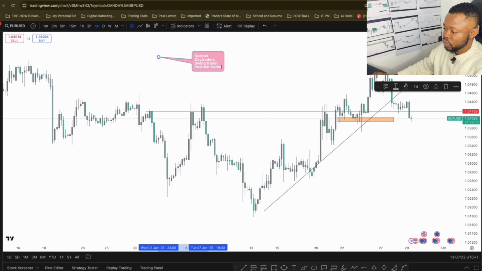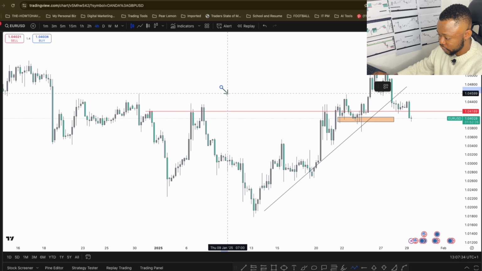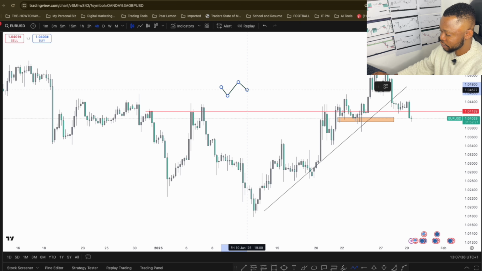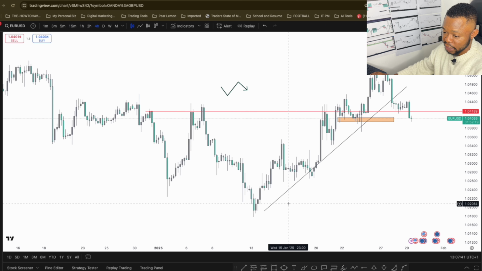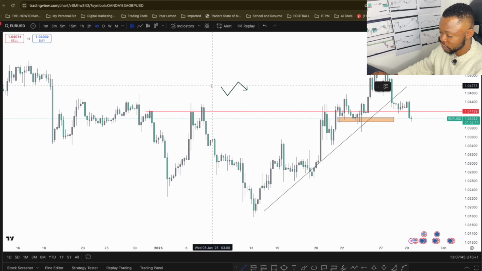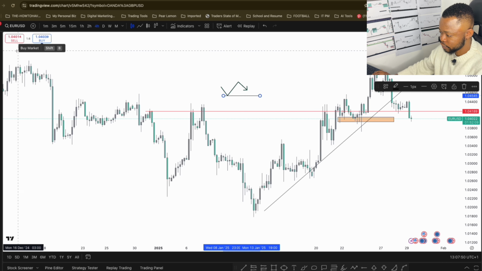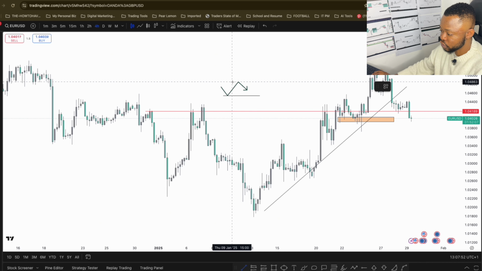Now, what makes all of us in this market, we are trying to do one thing. We are trying to buy low and sell high. We are looking to buy from this area at a low position, and sell from this area at a high position. That is the basics of the market. Anything anybody tells you is just trying to convince you wrongly. The only thing we do as traders is to buy low and sell high. That is the main thing everybody does in the market.